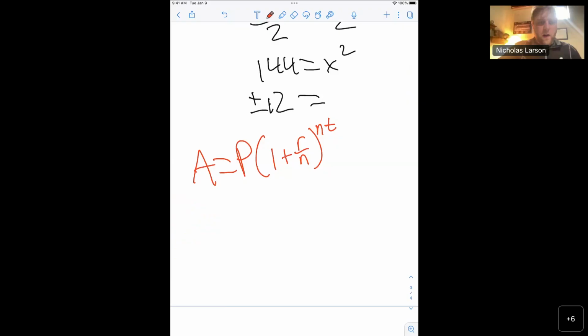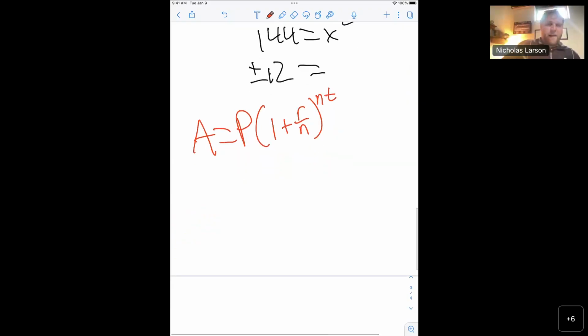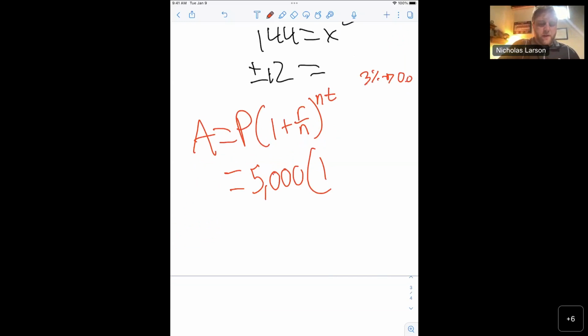All right, let's take a look. My initial investment was $5,000, so that's going to be P. R was my rate. It earned 3%. Just remember, percents you have to turn into a decimal, and 3% is 0.03. So 0.03 is 3% as a decimal. So 1 plus